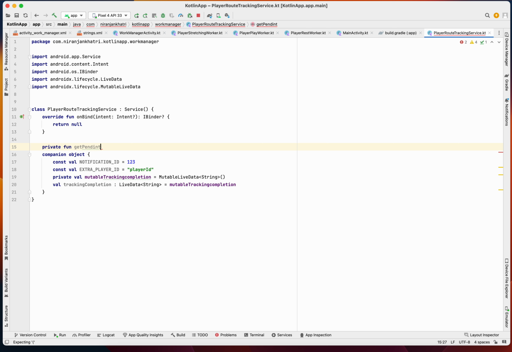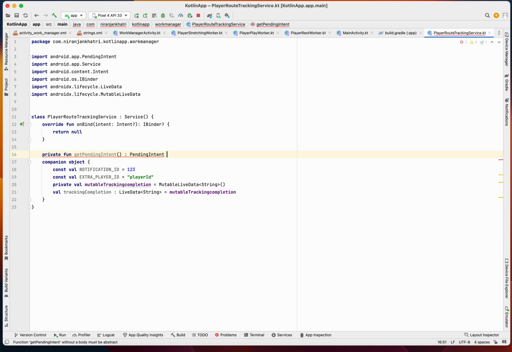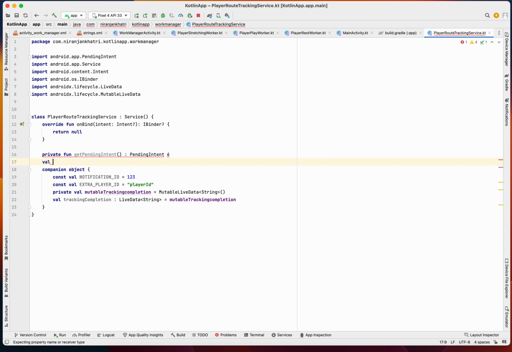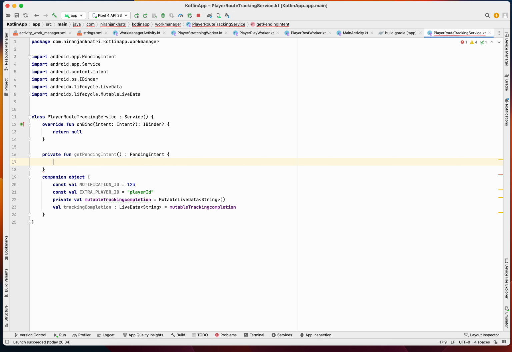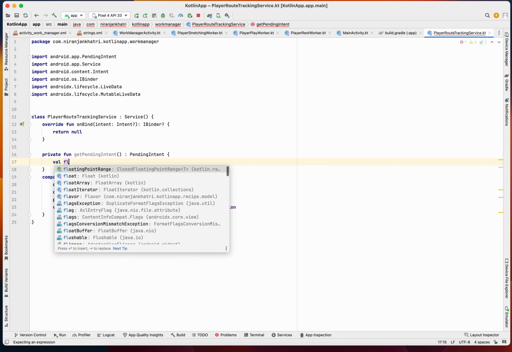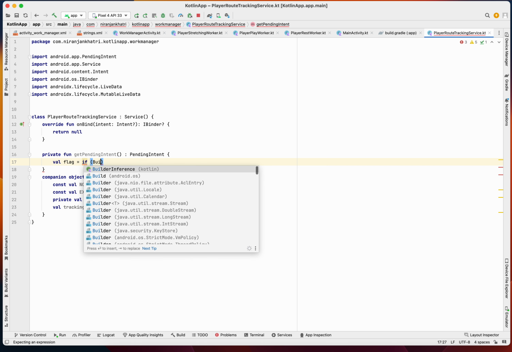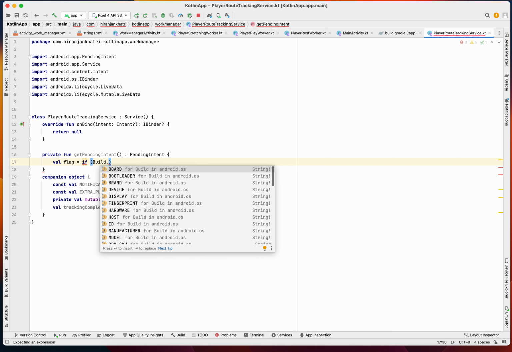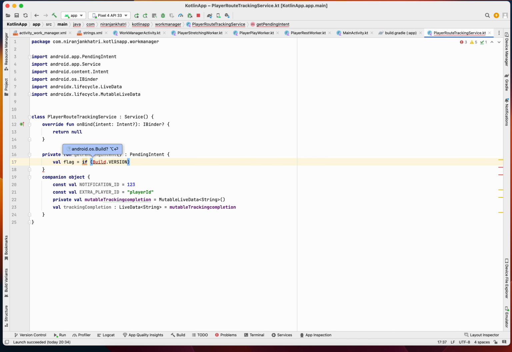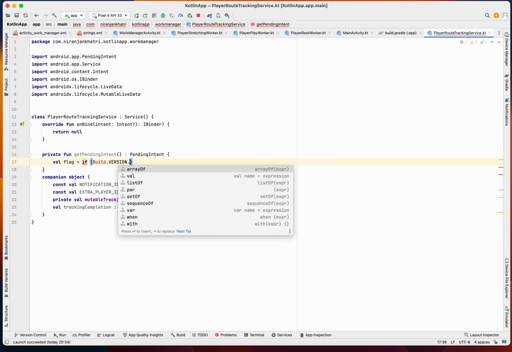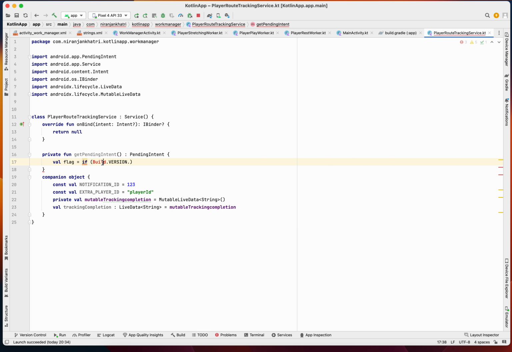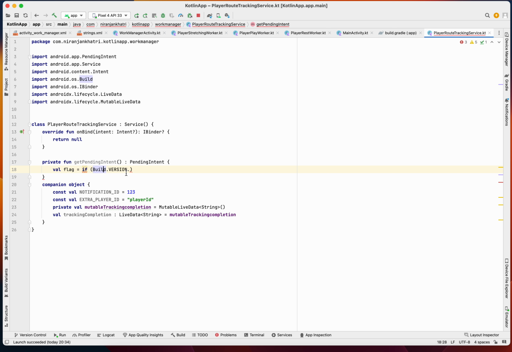Get pending intent, which will have a flag if Build.VERSION.SDK. Okay, let me just import this Build.VERSION.SDK is greater than